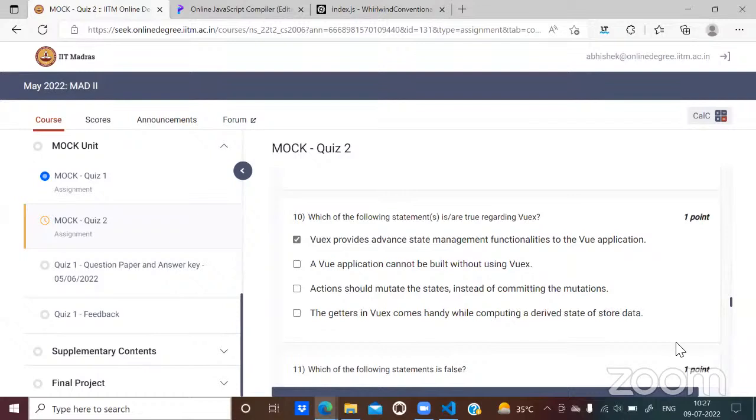But the thing is, which criteria decides that a state management system is normal or advanced? No, that's what I'm saying. If that criteria is present in Vuex, then it is advanced. If that criteria doesn't pass, then it is a normal state management. So there should be a standard for that criteria. No, there is no. It's not like there is an HTTP standard which says that okay, these are the minimum things that a browser should support, and these are the other things that a browser may not support. Whatever things are optionally provided may be considered advanced. Like that, we do not have a standard for state management.